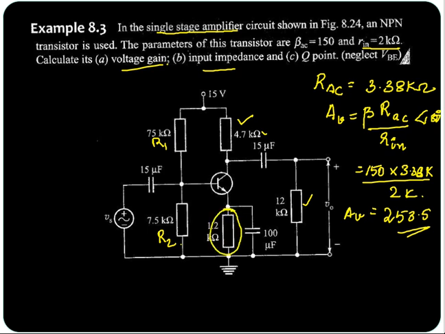And what about this Re? When you do the AC analysis, you are considering this capacitor to be short. So this won't come into picture when you do the AC analysis, AC equivalent circuit. You can draw the AC equivalent circuit of this amplifier for yourself and verify. Okay, so this R1 and R2 is parallel with Rin. So what is the actual input impedance? R1 parallel to R2 parallel to Rin. This R1 equal to 75 kilo ohm, R2 is 7.5 kilo ohm, and Rin is 2 kilo ohm. On substituting, you will get the input impedance as 1.5 kilo ohm.